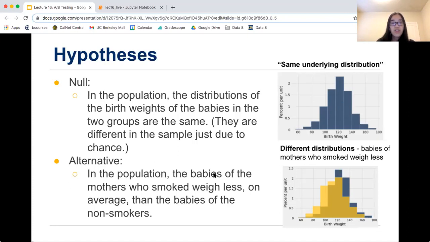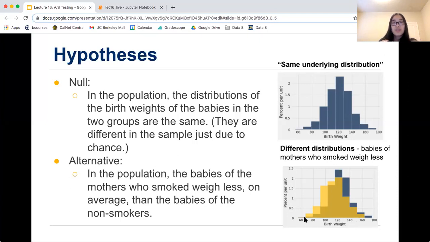And then in the alternative, we're saying the mothers who smoked and mothers who didn't smoke, those birth weights come from two different distributions. So you can see an example of that would be when we saw one distribution of mothers who did smoke and one distribution for mothers who didn't smoke.